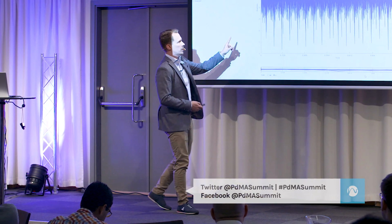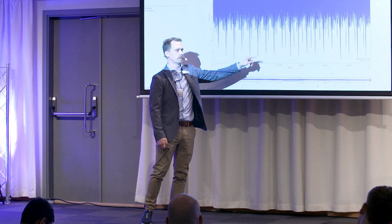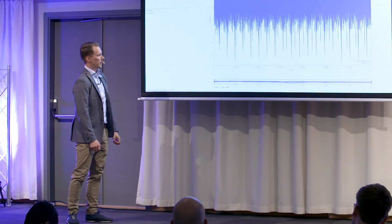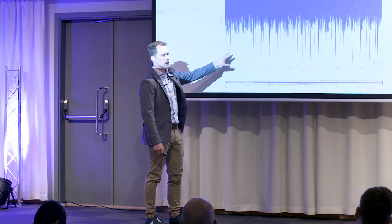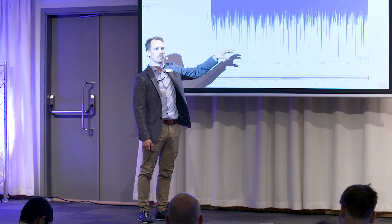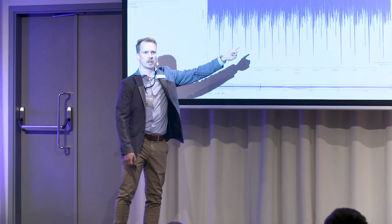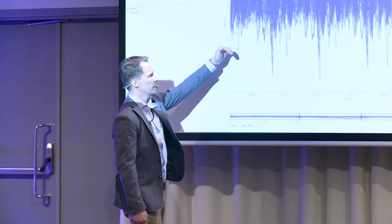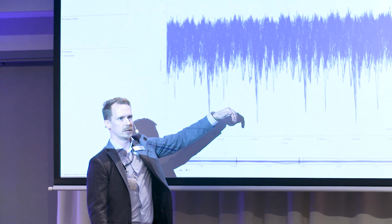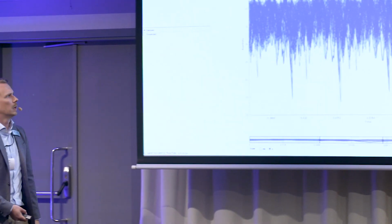So what you see here is actually pressure data from 240 pumps experiencing those different failures that I mentioned. And what you see here is basically an interactive tool that allows you to easily extract those features from the raw data that you have. So you basically see 240 signals plotted on top of each other, so we can quickly zoom into the data. And okay, we see some maybe anomalies here. So we see these downward spikes, and those could be an indication of a certain failure, but not much more